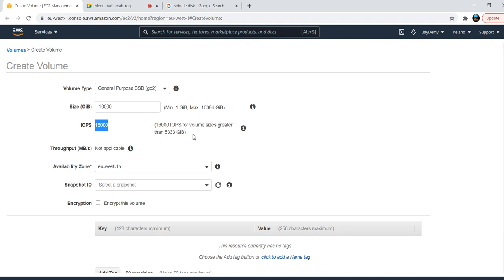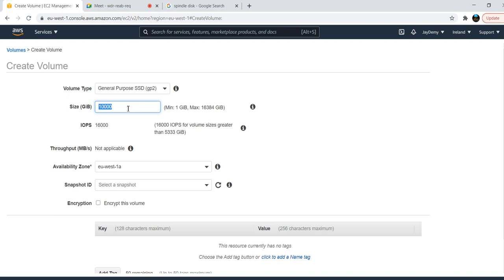Here again, if you see, if you choose 5,000 GB, that means up to 5 TB, you will get a maximum of 16,000 IOPS. Even if you take 10,000 GB, we will get only 16,000 IOPS.